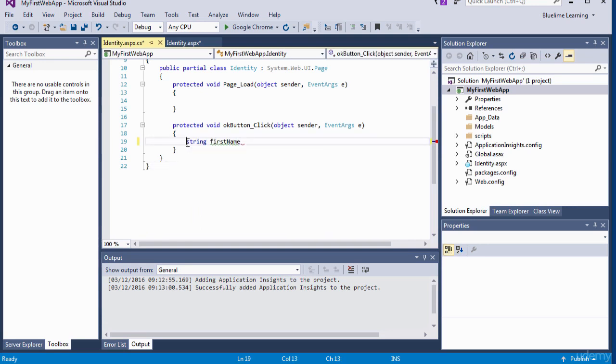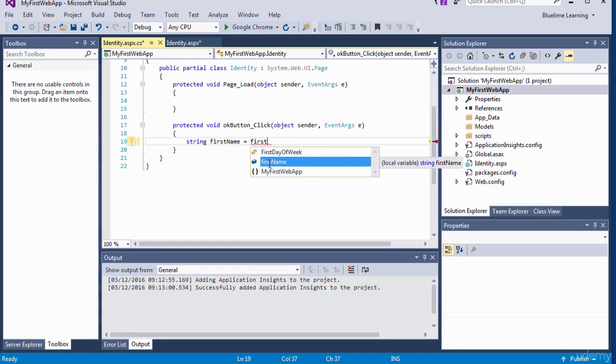Please note the S in string should be lowercase, okay? Which tells you that a string is basically text. If you're trying to write a collection of text, it's known as a string. You can see here the tooltip says it represents text as a series of Unicode characters. So this is a string, and I'm going to give it the name first name, and I'm going to apply an operator, the equals sign, and I want that to equal first name